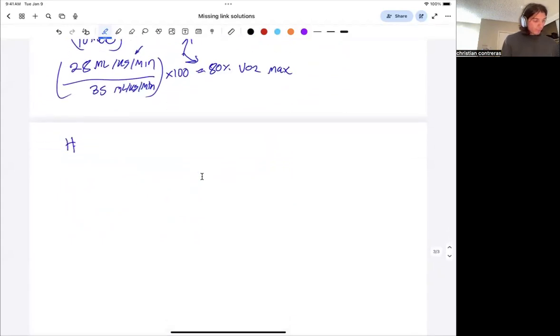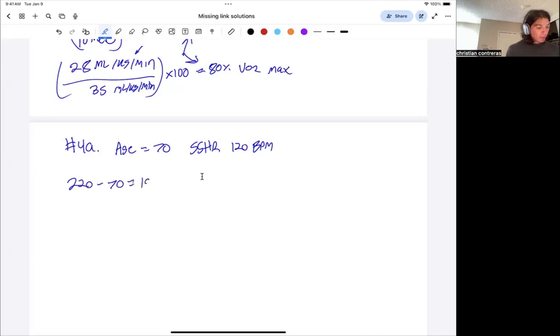Number 4, A. Okay, we have a 70-year-old, and he has a steady state heart rate of 120. What percentage of his VO2 max is he working at? This is easy peasy because we've already done it a few times before. We know that age predicted max heart rate is going to be 220 minus age, in this case 150. We can take 120, the steady state heart rate, over our age predicted max heart rate of 150, multiply that by 100, and we're going to get 80%